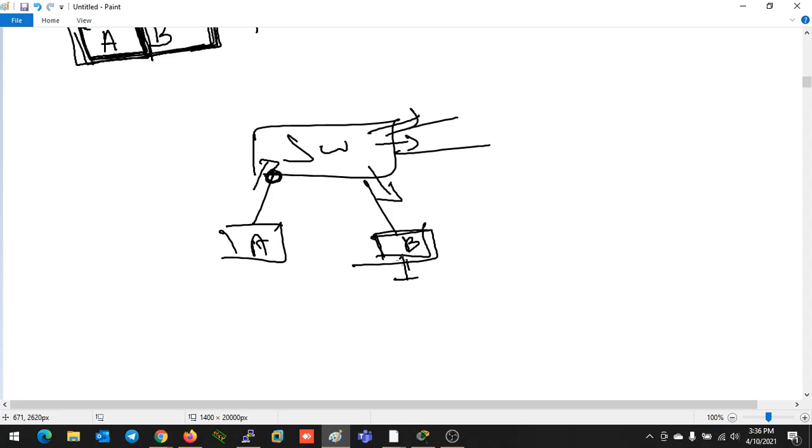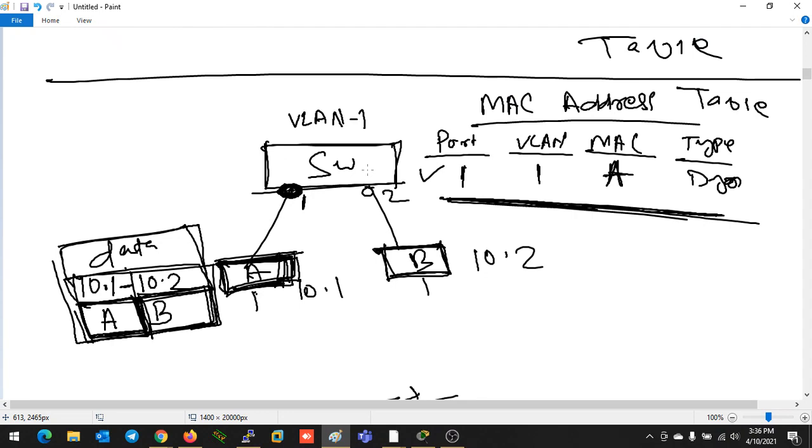So what will the switch do? If the switch doesn't have information about the destination MAC address in its MAC address table, it will send the same data to all the ports besides the port from where it received the data. Because the switch has an entry for this port, it knows device A is connected here, and it's not B. So why should I send the same data towards this port? It will send the same data to all the rest of the ports. That's why B can receive the data.